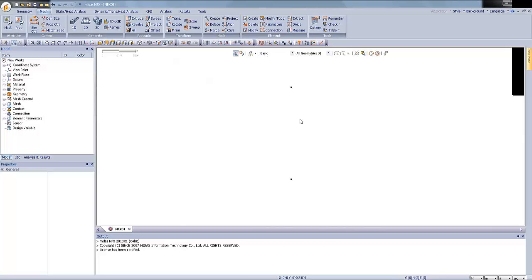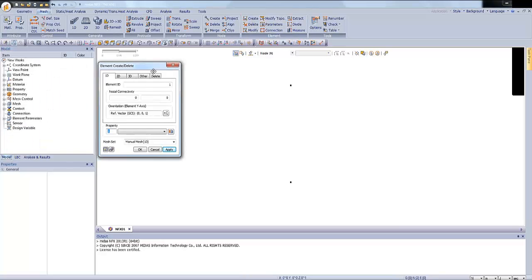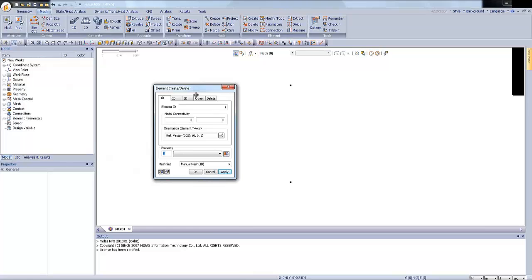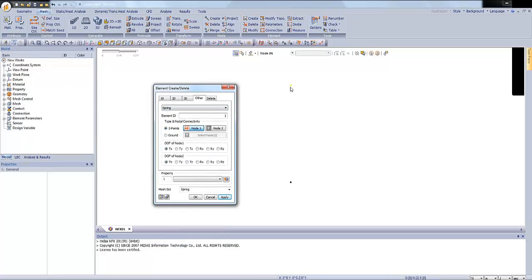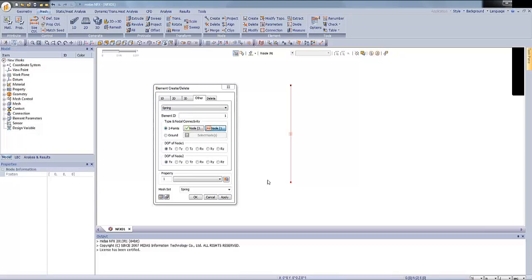Actually, we are working in the SI unit system. As you see at this moment, I just created 2 nodes. Now I'm going to create an element, and we will create some spring to provide the stiffness. So I'm choosing the other option, selecting the spring, selecting the nodes. We have to specify the proper degree of freedom, and now let's click on the property button and